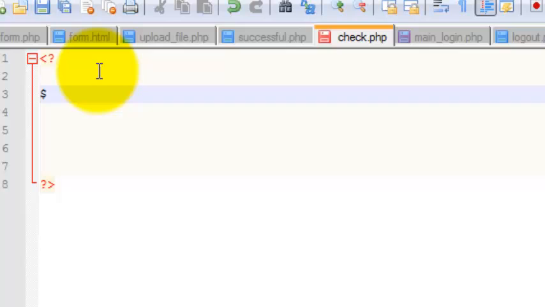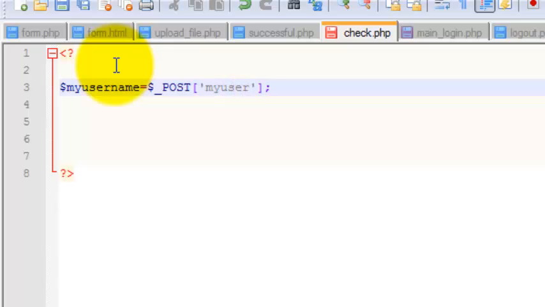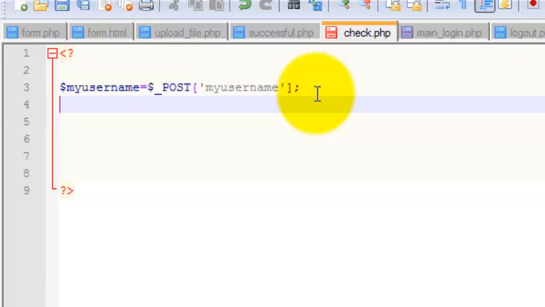So first, we have to declare a variable, my username. This is a variable, and since you have already used the post method, it will create a default variable in the PHP engine. My username is the name attribute of the text box. My username, okay, $